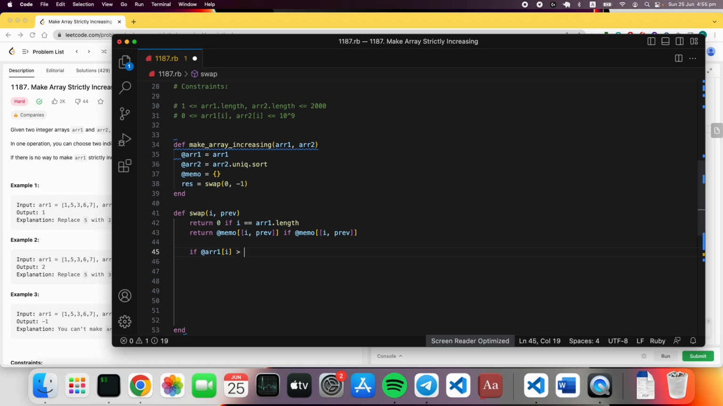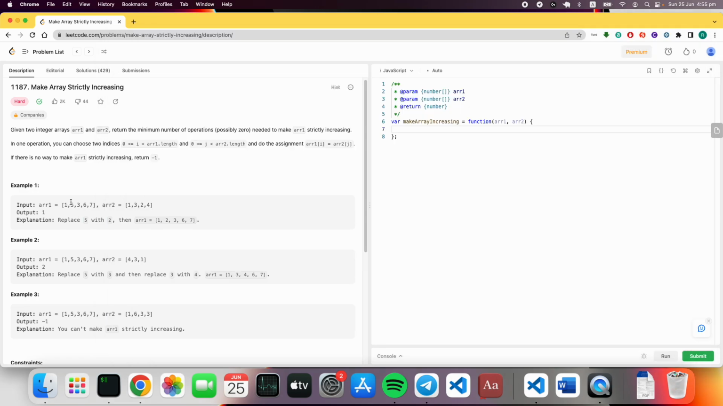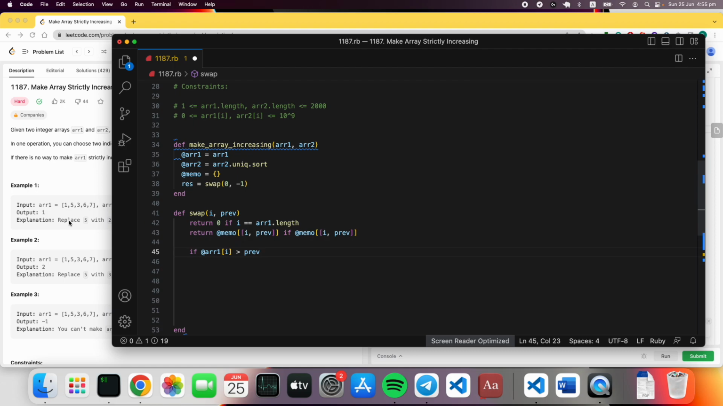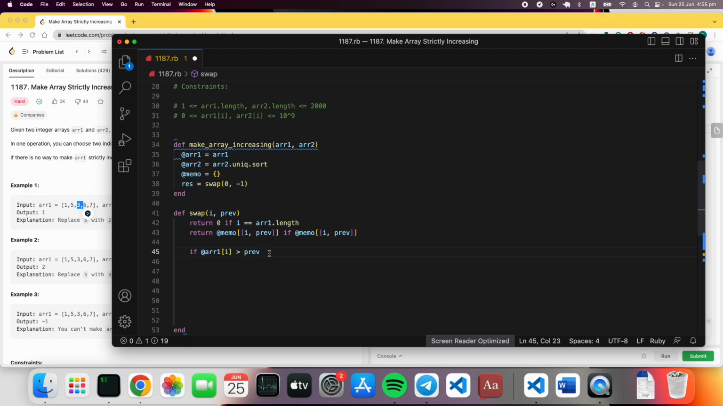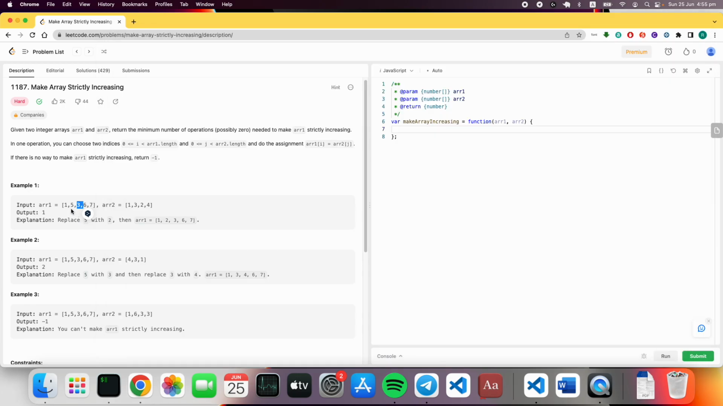So if the current number in the array is greater than the previous value, then it means it is still strictly increasing. Then we can move on to the next number. So we have two options. Either we can